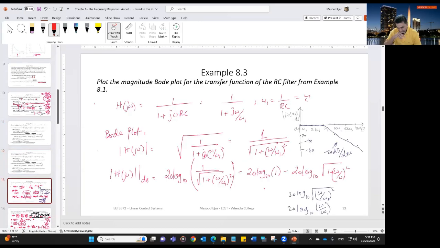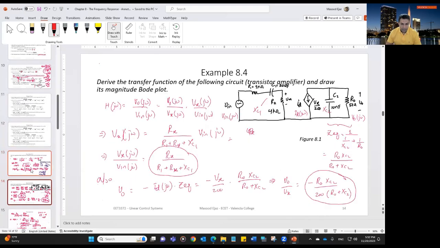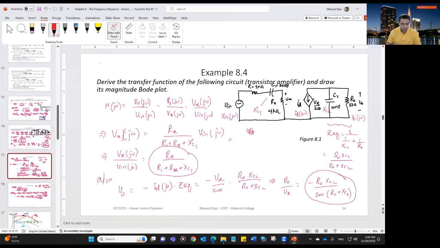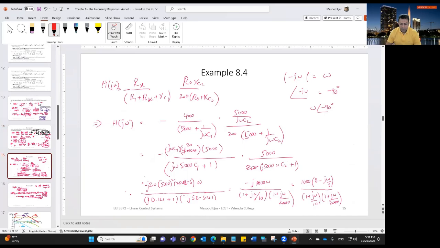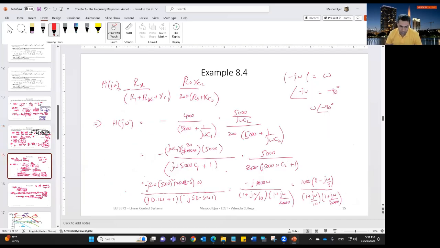We went over an example, drawing a Bode plot. We did this problem, an example circuit, and we solved the circuit for the transfer function, output over input. And in this transfer function, I should have just kept it in the s domain instead of going into the j omega domain. I think the equation might be much easier, and then in the last step, I should have just put s equal to j omega. I just made a mistake, and then I started solving in the j omega domain. But anyways,